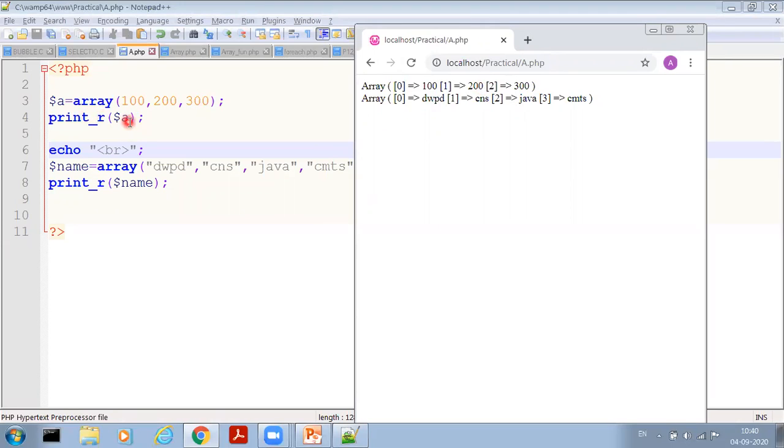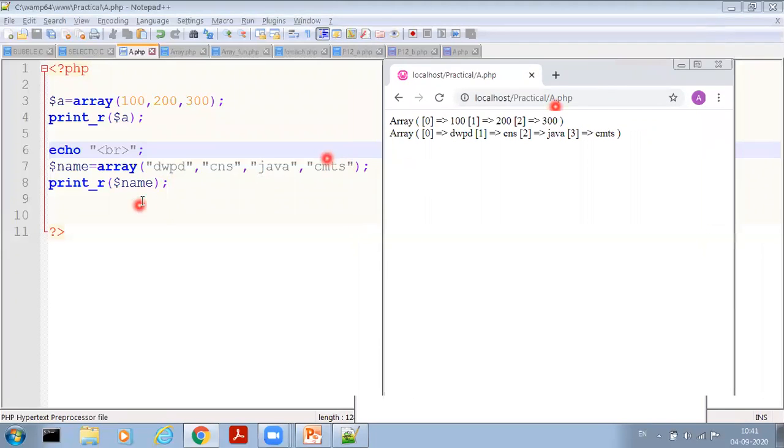Now this output is like this. The first array contains 3 elements: 100, 200 and 300. So here it prints at index 0, 100, at index 1, element 200 and at index 2, 300. And the second array contains subject names, 4 subject names of 5th semester.